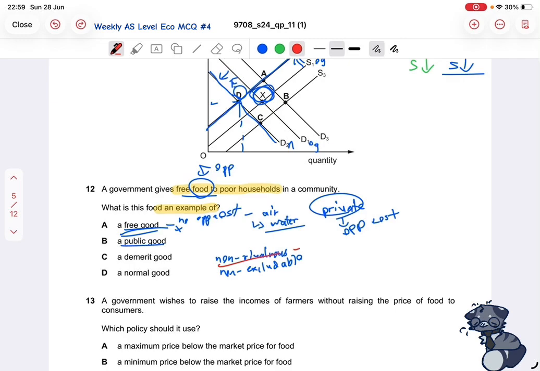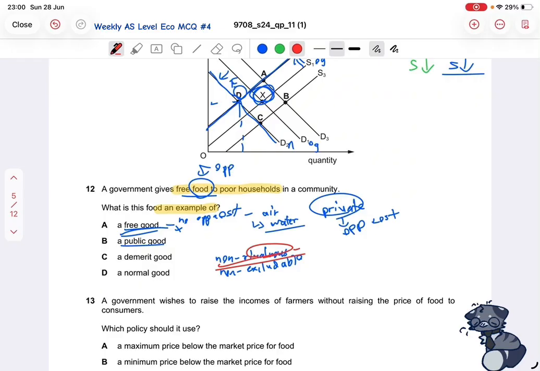So for example, if I have a piece of chocolate, this will be rivalrous, not non-rivalrous. If I have a piece of chocolate and I eat it, so there's only the wrapper left, and I give it to another person, they will only have the wrapper. There will be no chocolate left to eat because I've already eaten it and it's in my stomach. So this means that I have decreased the consumption of the chocolate, so another person can no longer consume it. So that is a rivalrous good. However, if it is non-rival, then that means that the use of the good cannot be used up.